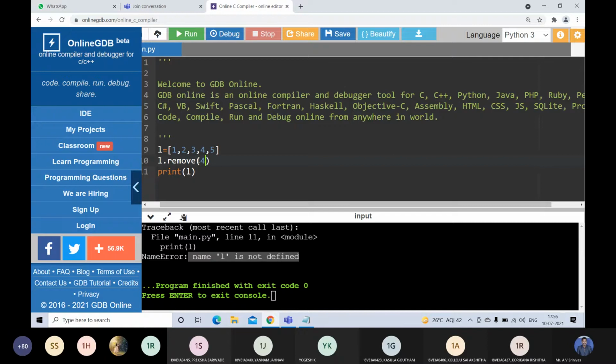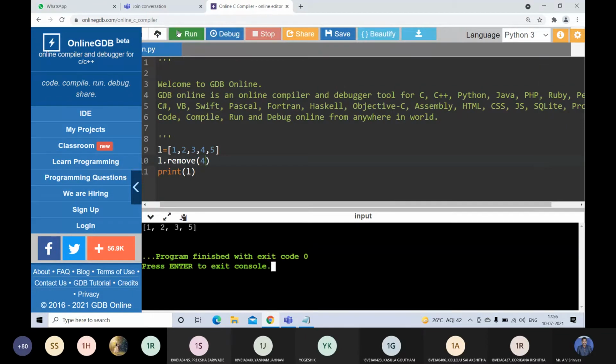So after removing 4, the list contains only 4 elements, that is 1, 2, 3 and 5. So if I print the list here, it will print only 1, 2, 3, 5 because 4 is removed from the list by using the remove method. So whenever you want to delete a particular element, you are going to use this remove method.